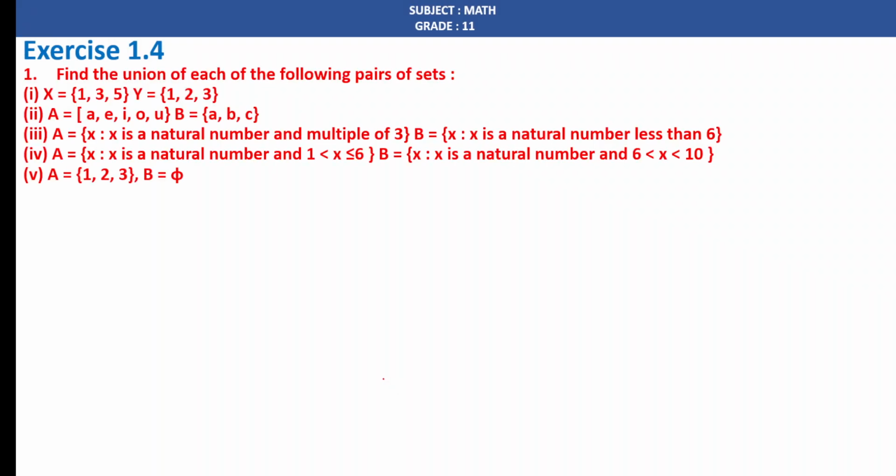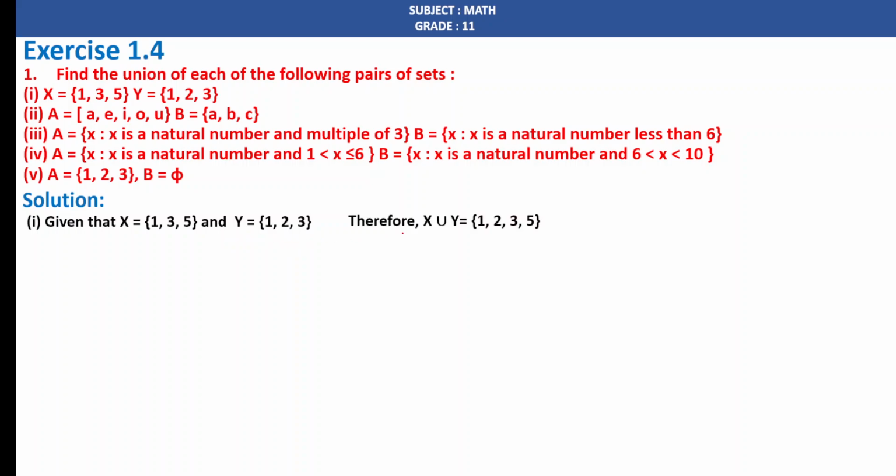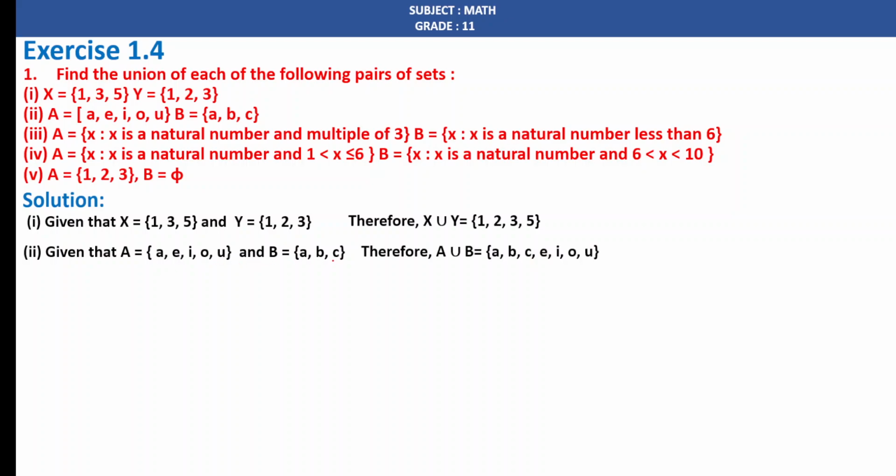Exercise 1.4, question number 1. Find the union of each of the following pairs of sets. Solution. Here, the first one: given that X is equal to {1, 3, 5} and Y is equal to {1, 2, 3}. Therefore, X union Y is equal to {1, 2, 3, 5}. Second one: given that A is equal to {a, e, i, o, u} and B is equal to {a, b, c}. Therefore, A union B is equal to